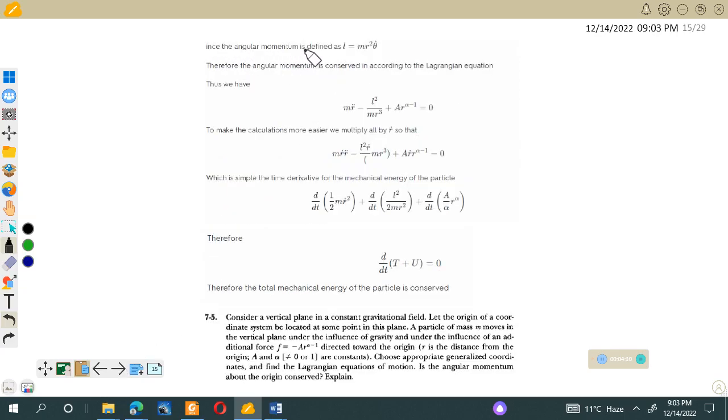Now we can define the angular momentum L. L is equal to m r squared theta dot. You know that angular momentum is equal to I omega, and I is equal to m r squared, and omega is theta dot. So angular momentum can be written as m r squared theta dot. The total angular momentum is conserved in accordance with the Lagrange equation, because if we look back at this equation,